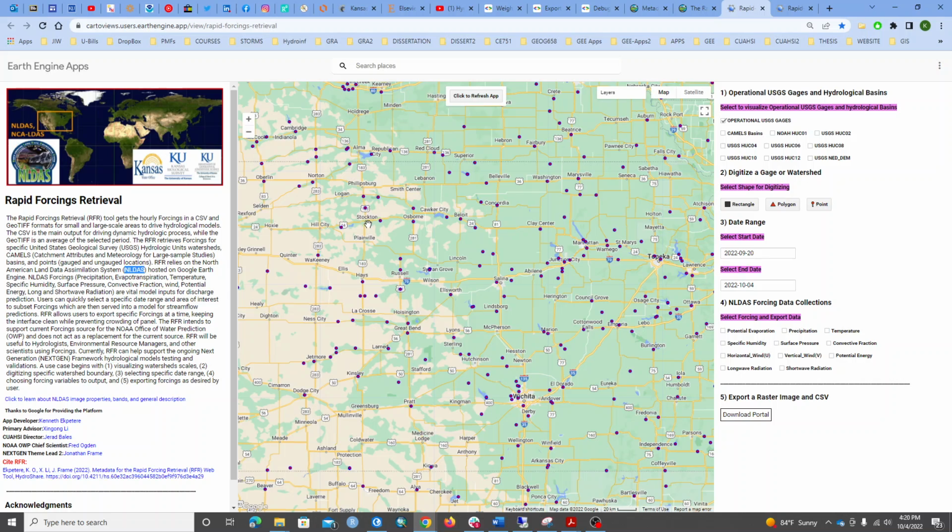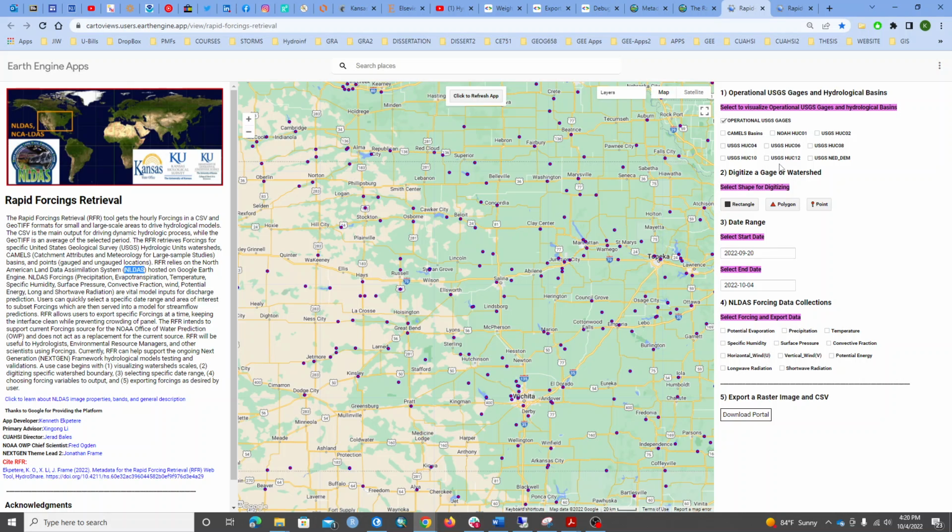We are going to try to improve this app in the future by capturing other locations around the world. So, like I mentioned earlier, we start by selecting either the USGS gauges or the HUCs,